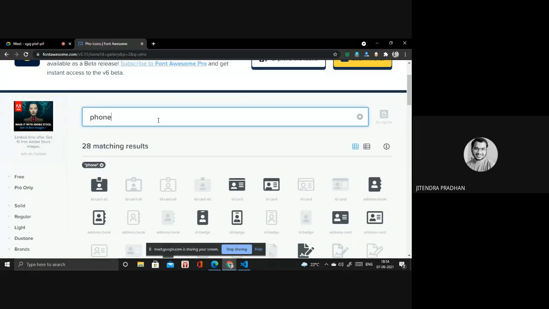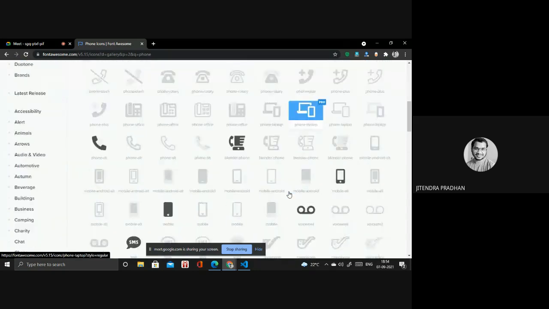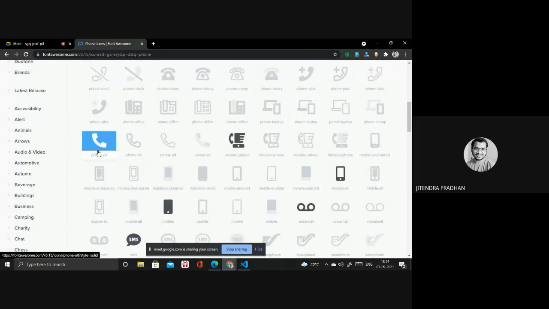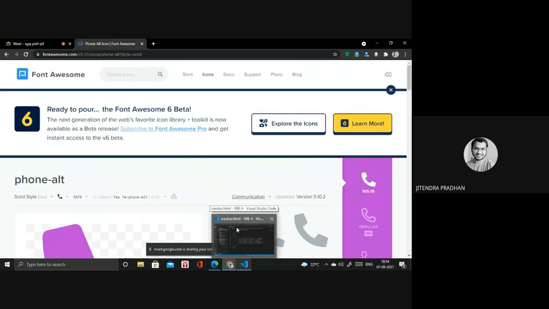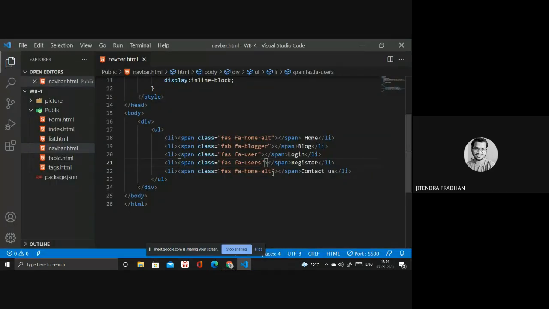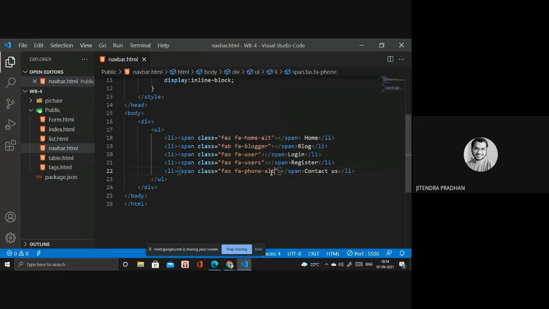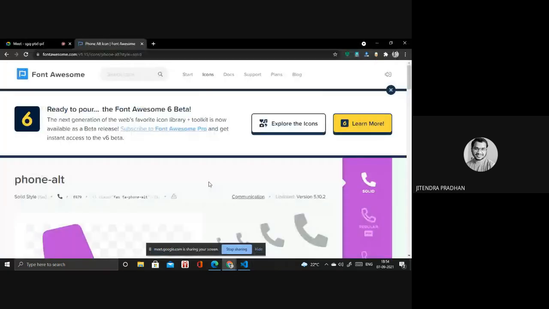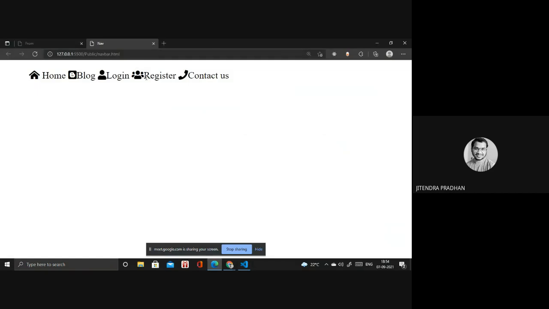You can write it. Yeah, a ringing button is there, so I will select one of that. It's phone-alt. I will select phone-alt. So it's fas fa-phone-alt. Done. I will close that icon search and go forward. Yeah, so we are done with all the icons.